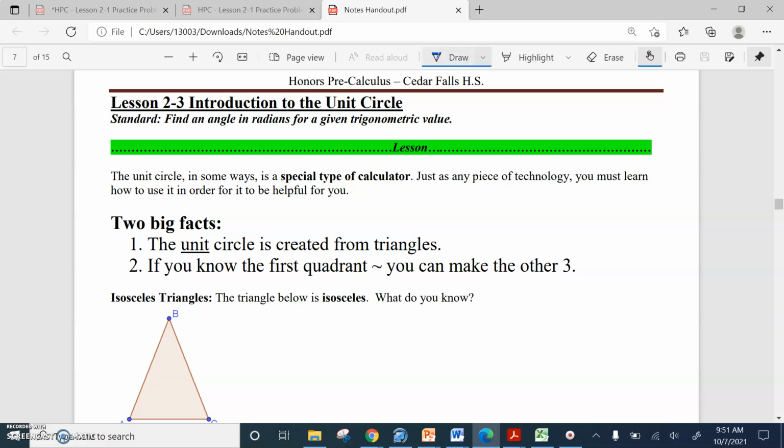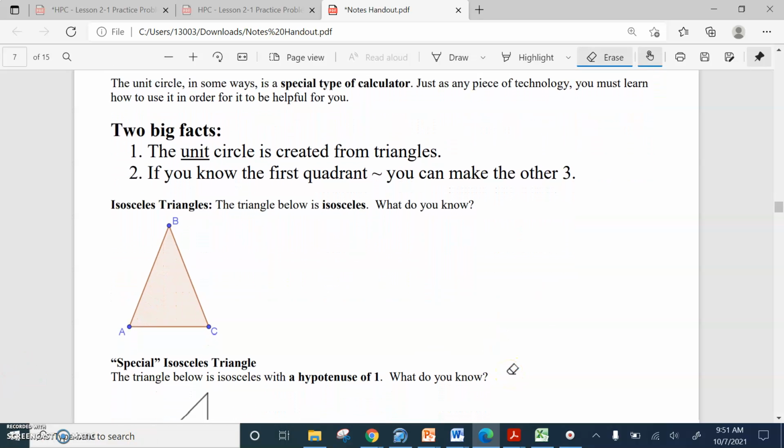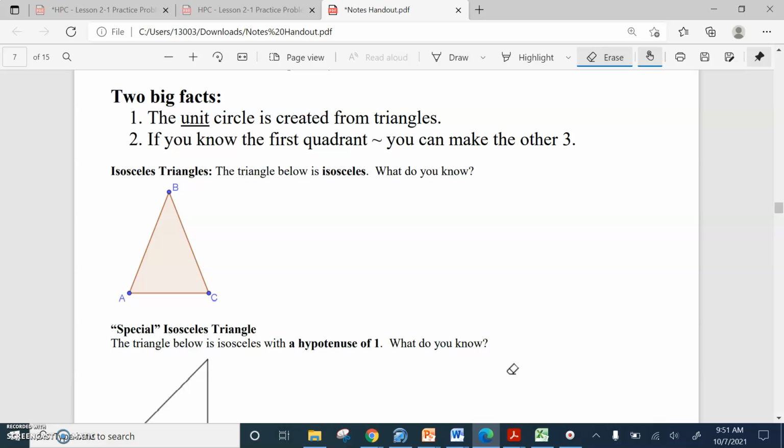as it says, unit circle, it's a special type of calculator. Really what we're trying to get at is the fact that we can do some really unique things with a unit circle that we can't do with other circles or other shapes. And so what we're going to try and do is let's get started. Two big facts: the unit circle is created from triangles, which is the whole point of learning it,